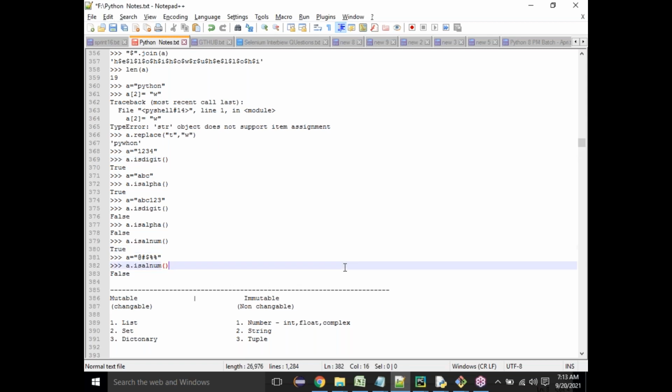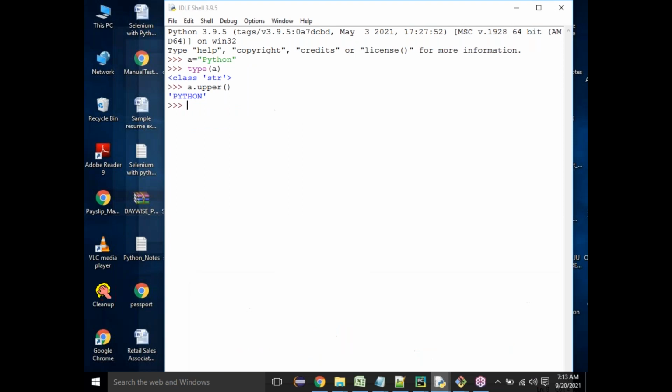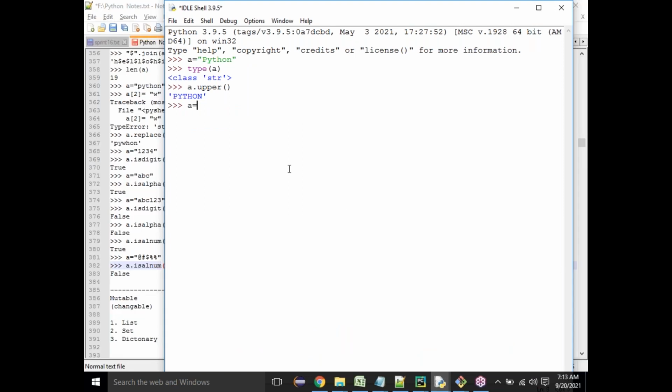Why is string immutable? I will tell you. Suppose I say a equal to Python. Once I have defined a and assigned the value Python to it, if I want to change anything inside it, suppose I want to change t to something, I need to say it like this: